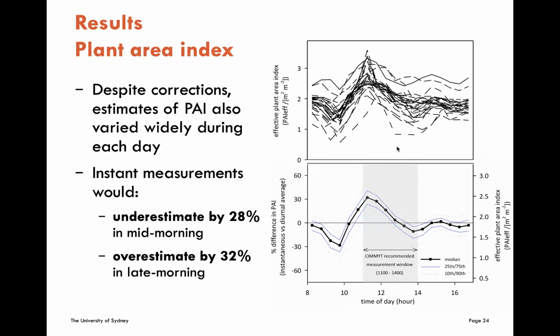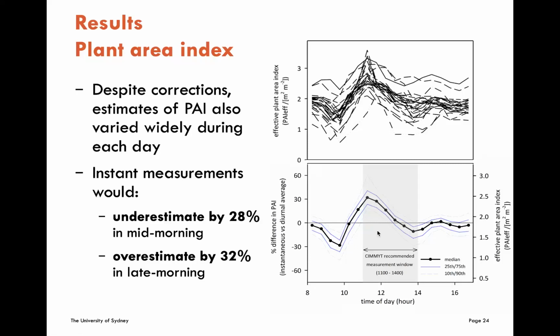And so if we consider that you might be walking around your plots taking instantaneous measurements, let's say you've got hundreds of plots, it will take you 1 to 2 hours to walk around your whole plot. And as you can see, in the mid-morning down here, you would underestimate plant area index by approximately 28%. Whereas when you walk just about 2 hours along your plots, you'll actually be overestimating it by 32%. And the horizontal line here is our diurnal average plant area index,